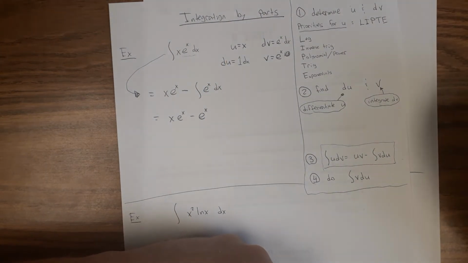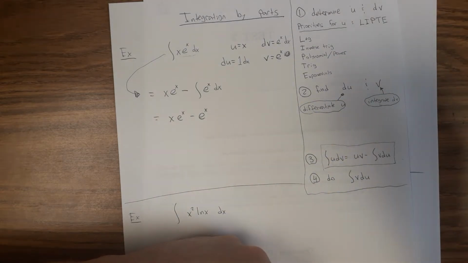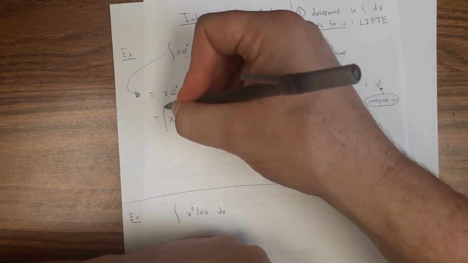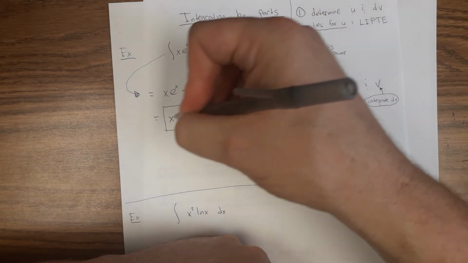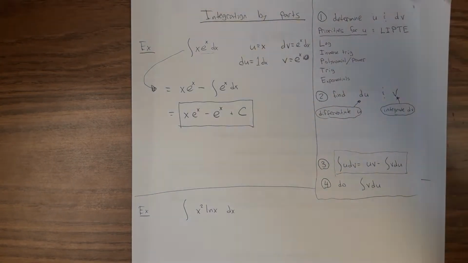Antiderivative of e to the x is e to the x, and like I said, I'm about to just put a box around this and call it my answer, but before I do, I should remember plus c. You do want to put plus c on your final answer here, just not here. Okay,